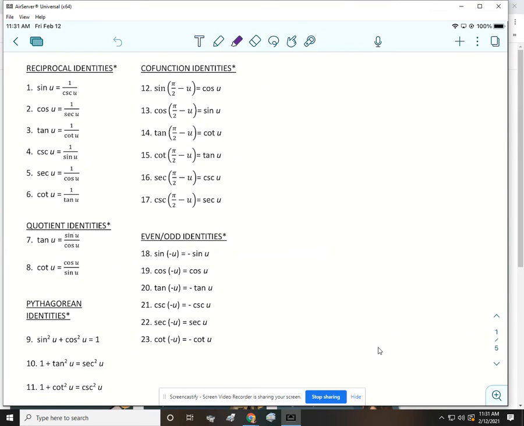Okay, so we're getting ready to start using these trigonometric identities to simplify, to verify, to match up, to find values. And so there are a lot of identities. These first 23 are the ones we're going to focus on, and you should have these written on your sheet. None of these are on the challenge exam reference sheet, which means all 23 of these you need to